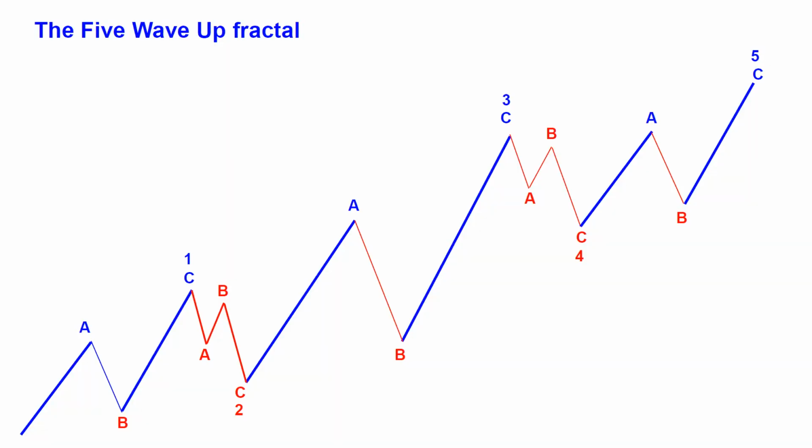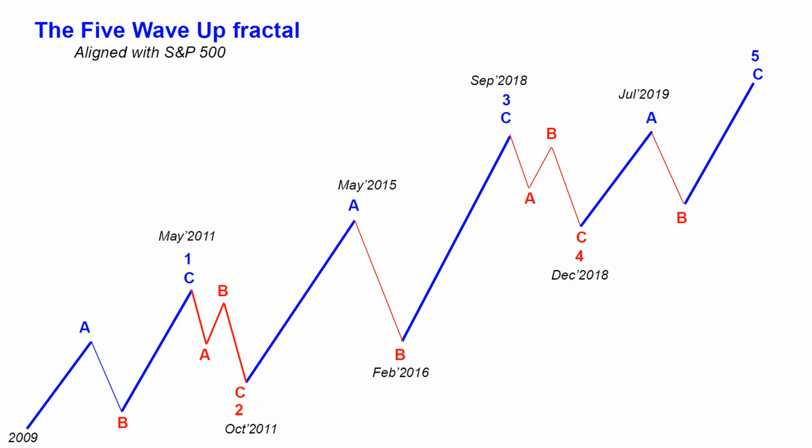Okay, so I always start from the most important part of the harmonic Elliott wave theory. This is the 5-wave up fractal. Every single trending move, either up or down, in the market which is traded by a sufficient number of market participants would follow that fractal. And let's align it with the S&P 500 index, so that particular macro 5-wave up fractal